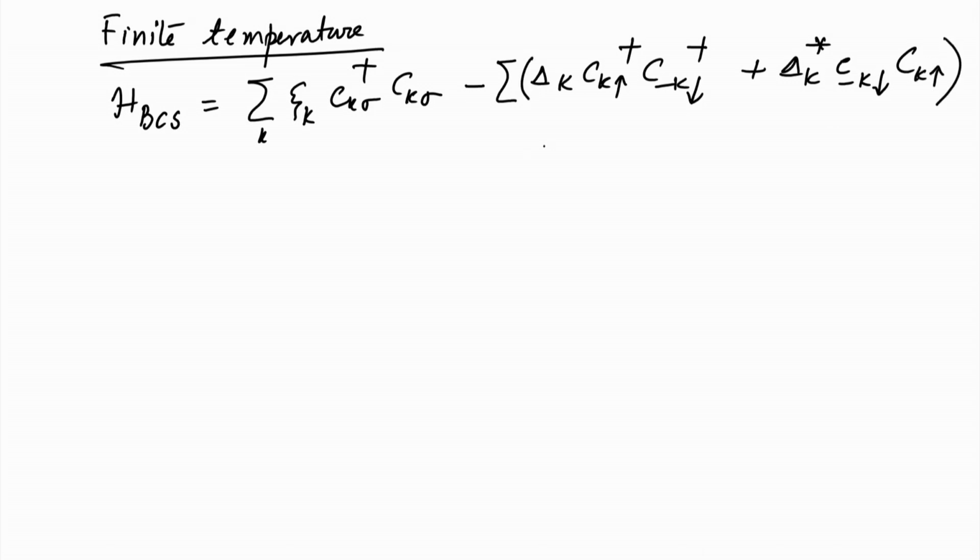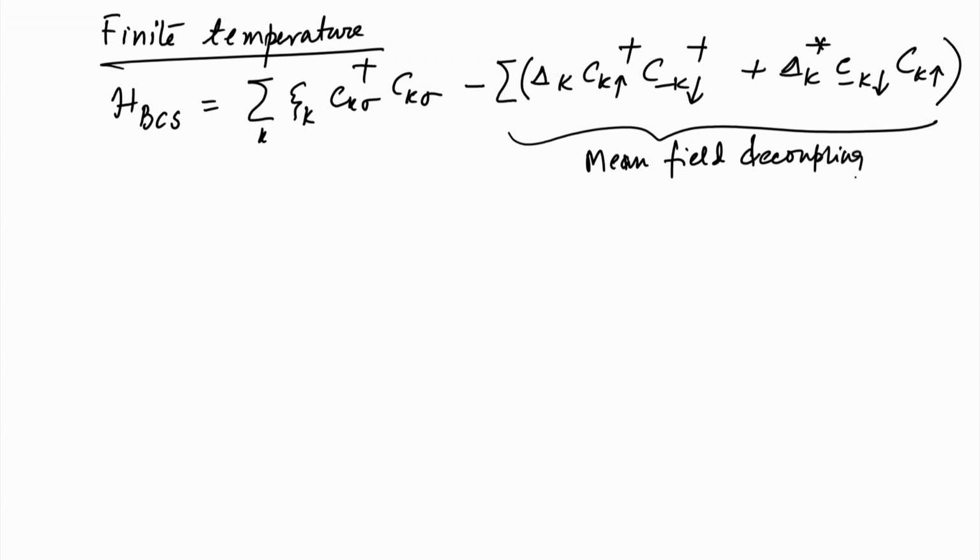This would be obtained if you take the mean field decoupling of the PE term, of the potential energy term. These kind of decouplings we have done earlier, and this Hamiltonian can be diagonalized